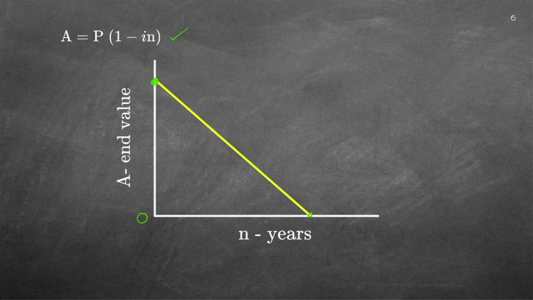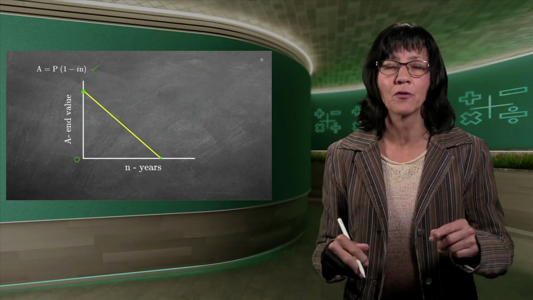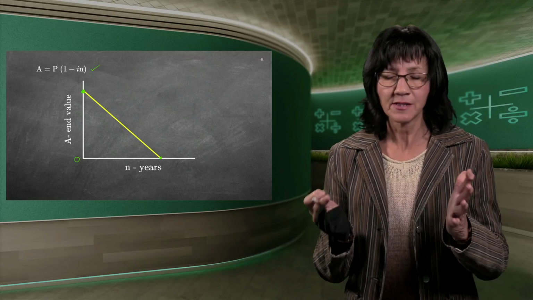It wouldn't be a car. It will be smaller items like furniture or a computer. And then in the end, the value will be 0. So on the y-axis, we put the end value, what it's worth. So we depreciate until the very end it's worth nothing anymore. And then the bottom line is always your years. Don't ever swap that around if you have to draw the graph. This is how we do it.